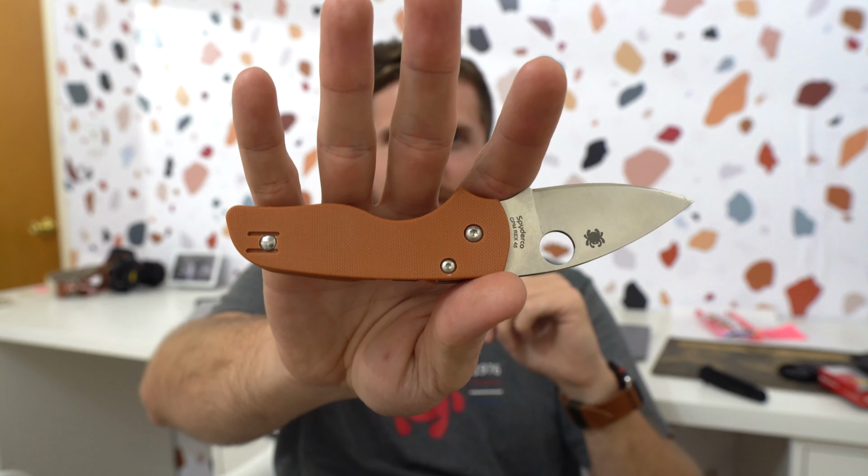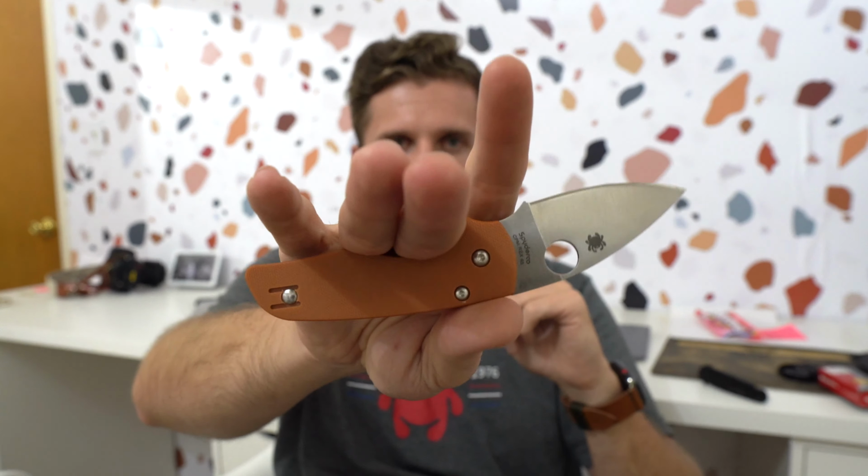It is a tiny little sucker. Oh, it's a great edge. It's better than a factory edge. So, win there. But because this handle is shaped so geniusly, if that's a word,